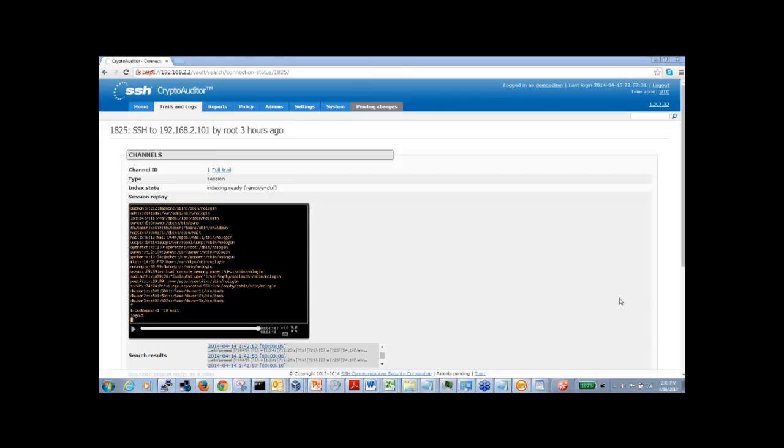SSH has been one of those big pushes, probably since about the mid-2000s, after the PCI and SOX governance standards really started becoming a hot item. Everybody started pushing all these encrypted methods and channels, and now the problem is: can we monitor all those encrypted methods and channels, and can we control them?